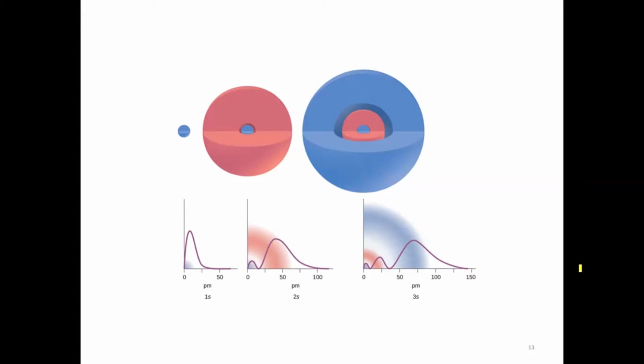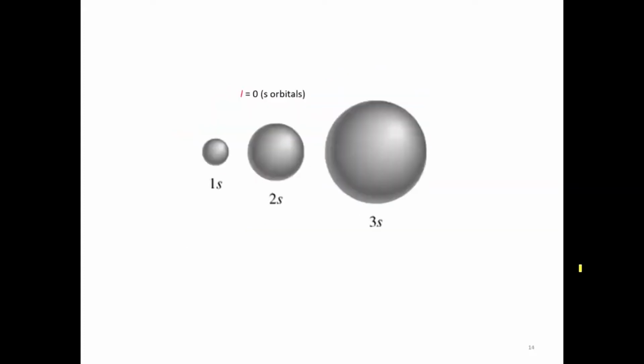Okay. Notice that for all of these, like I said before, the value of L would be equal to 0. And this is what we call an s orbital. So what it tells us is that for any value of n, any s orbital, in other words, any orbital where the value of L equals 0, the shape of these things is like a spherical cloud, with the majority of the probability being farther and farther away as the value of n increases